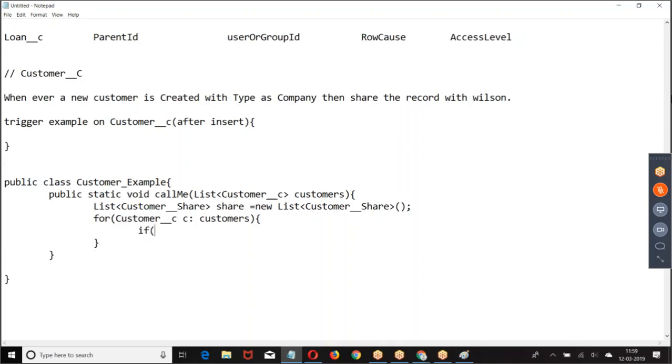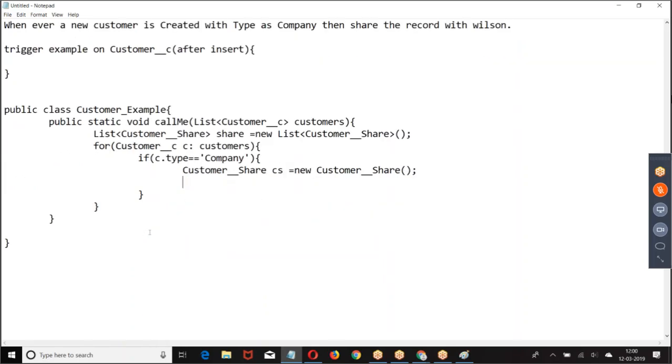Here we are giving if C dot type equal to company, share the record with Wilson. Then I was supposed to give share. Then we have CS dot parent ID equal to C dot ID.